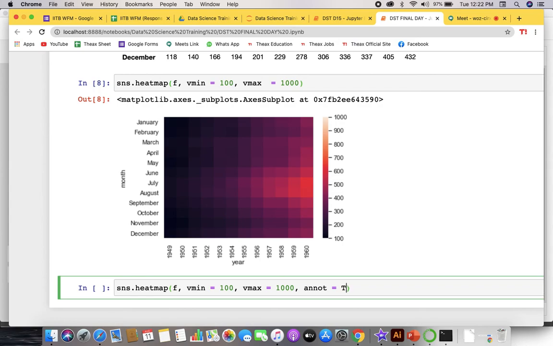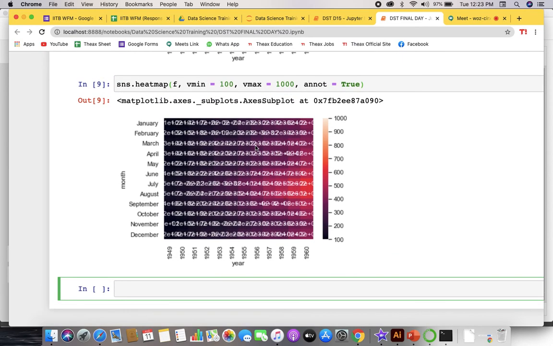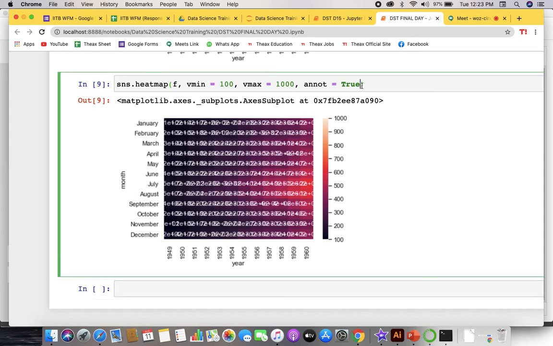If I say false, then it will be similar to this, but if I say true, that's okay. And also fmt equals d. First remove it, and you will see the difference. So this is the data. Understood? Now if you write fmt,